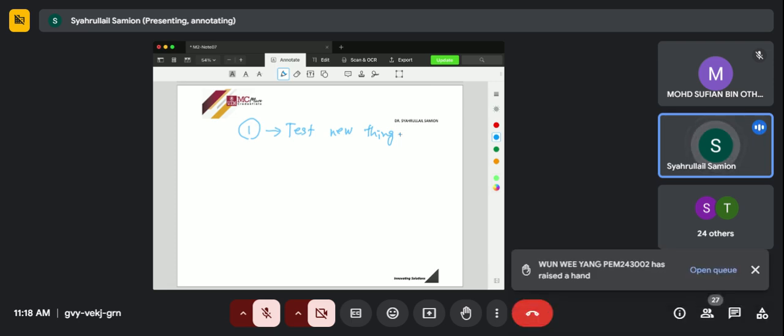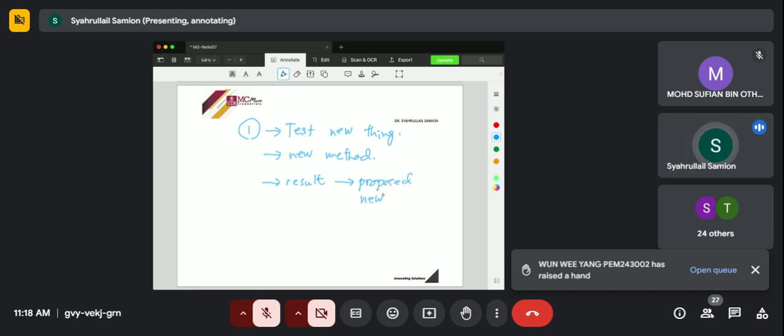Okay, so that is the idea. Try to test new things. So the second one you could have when you have a new method. Okay, maybe you want to test it by using this kind of machine and so on and so forth. This is your novelty and so on. And then in result, for example, maybe you could propose